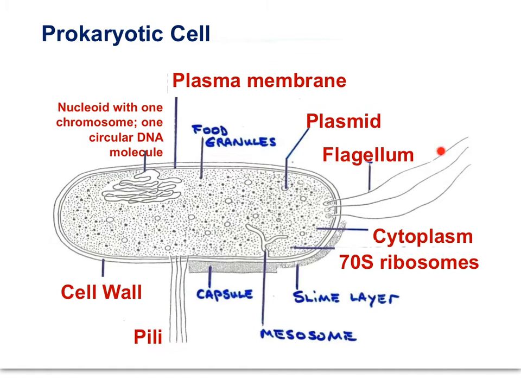A bacterial flagellum is a unique structure, but serves to provide motion to the cell. The cytoplasm has many small ribosomes, enzymes that catalyze protein synthesis. The 70S ribosomes are slightly smaller than the ribosomes found in eukaryotic cells. The pili serve to adhere the bacterium to a surface, and the cell wall is composed of a substance known